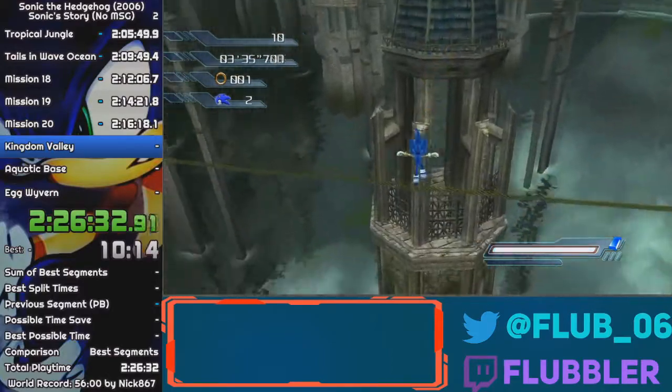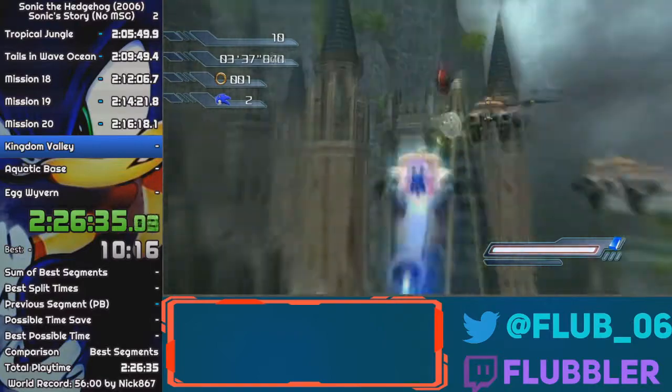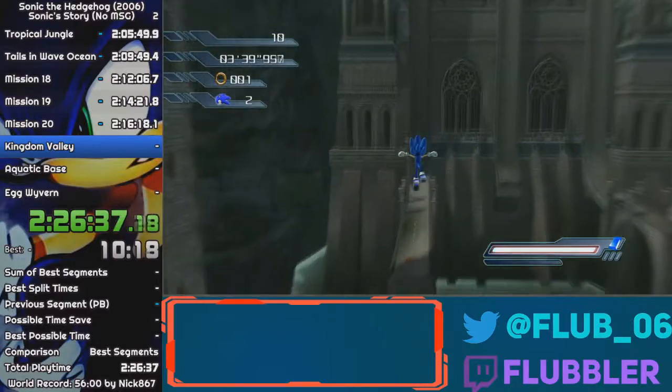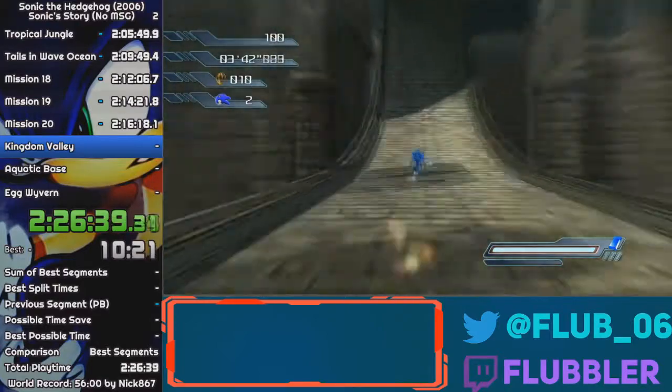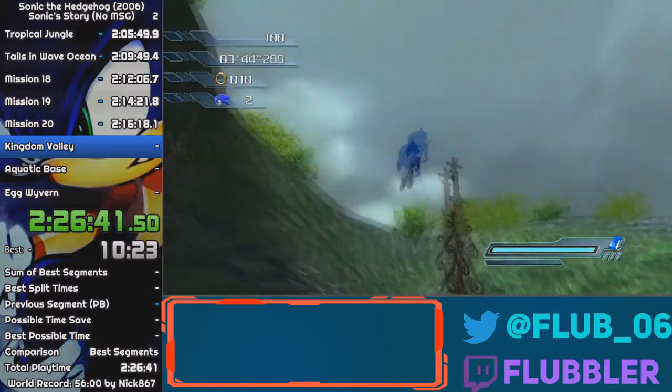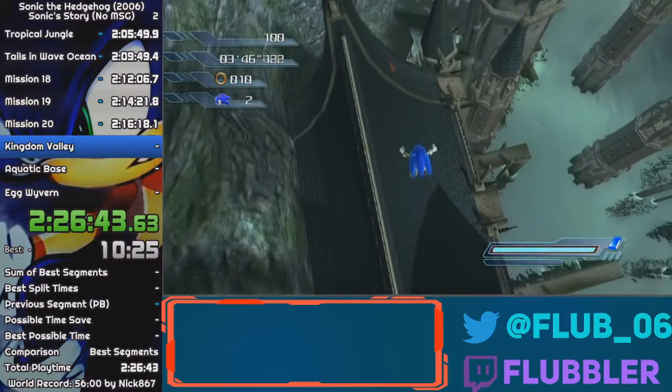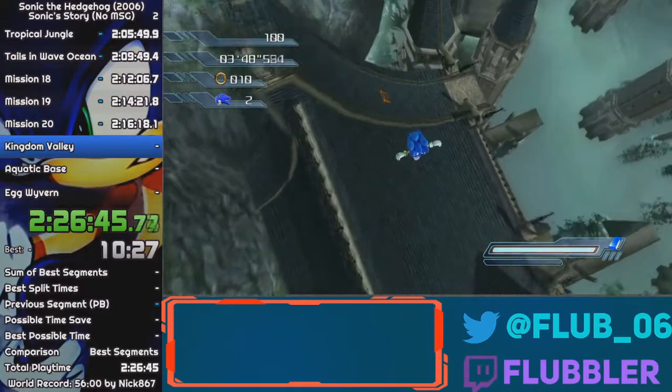I'm just gonna show you what you do when you just go through the automated section. It loses like 8 seconds over doing the green gem method, but if you do the red gem method, you'll save like 4 seconds, I think. So